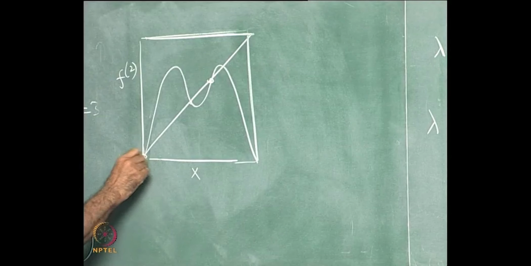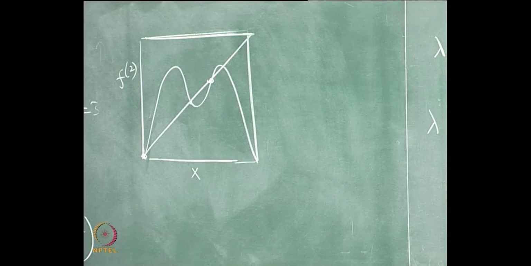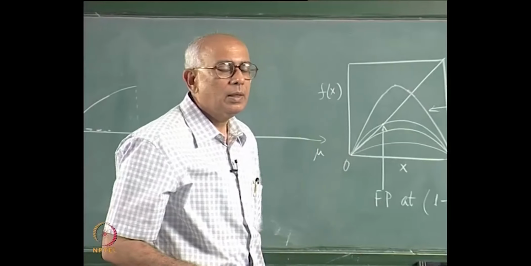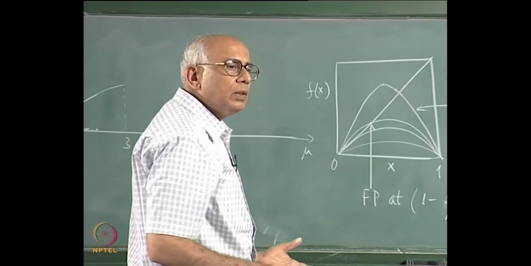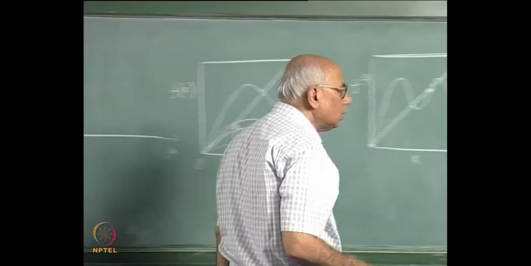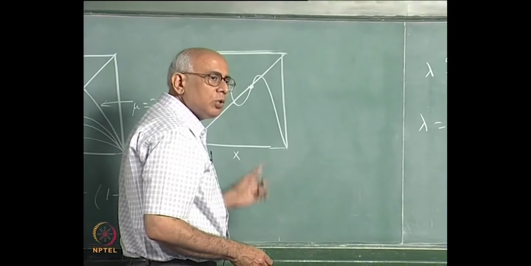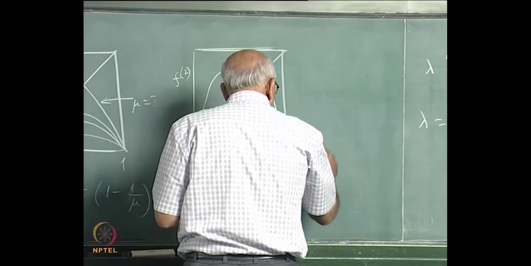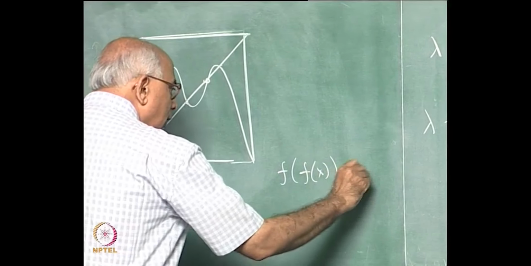The fixed point at the origin continues unstable, of course, and this fixed point also becomes unstable at mu equal to 3, but then you have this and that, and what sort of point is that orbit? It is a period 2 cycle. So the system bifurcates to a stable period 2 cycle, which you discover by solving the equation f2 of x equal to x,